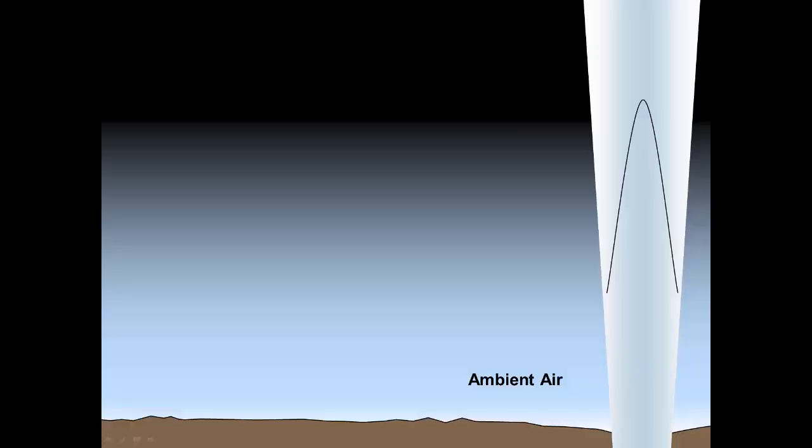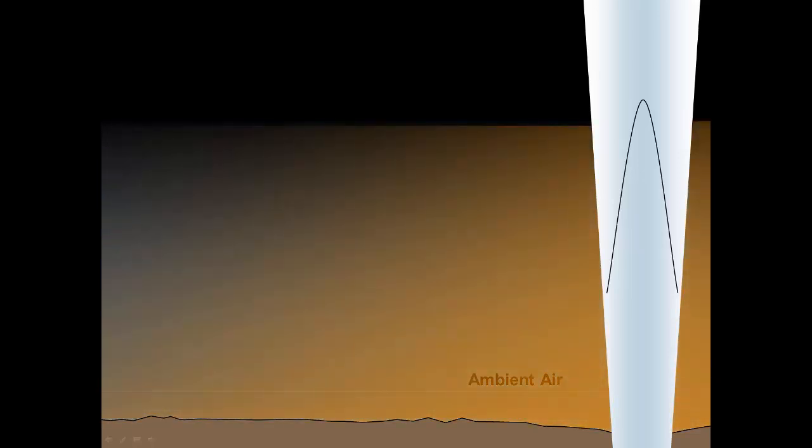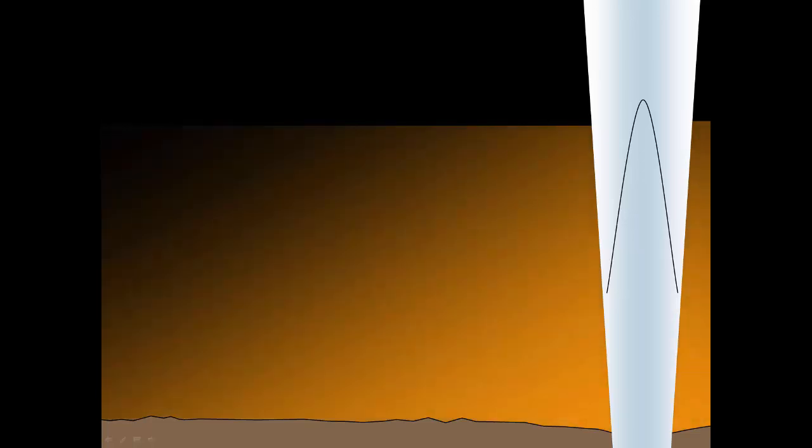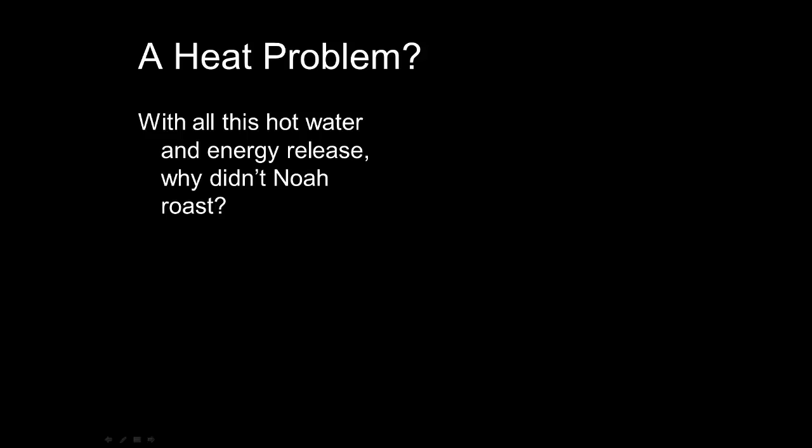In objection to Walt's estimates of temperatures of the supercritical water under the crust and the energy estimates involved, some apply simplistic heat transfer equations to the volume and mass of the atmosphere, and then declare catastrophic boiling or vaporization of all life. Others also argue that the hypersonic speeds of the fountains would have pulled the atmosphere up along with it and stripped it from Earth's surface. So is there a heat problem with this theory? If all this energy was released during the flood, would Noah roast?